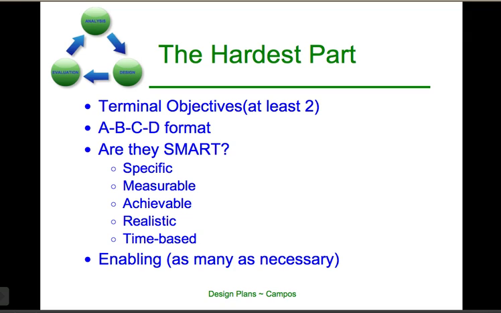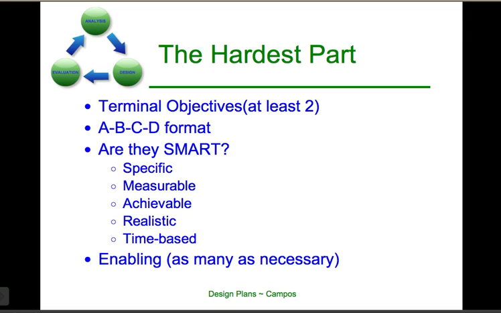It's not to say that you will always have the opportunity to write them in the real world, or that there'll be a client tolerance for that level of detail, but it's really good for you to verify that you can approach objectives through this formula and write them in that ABCD format and make sure that they meet that SMART criterion, that you have specific objectives that are relating back to one individual behavior, that they're measurable in the sense that they're observable, that they're achievable, that you've accommodated all of the conditions necessary to allow